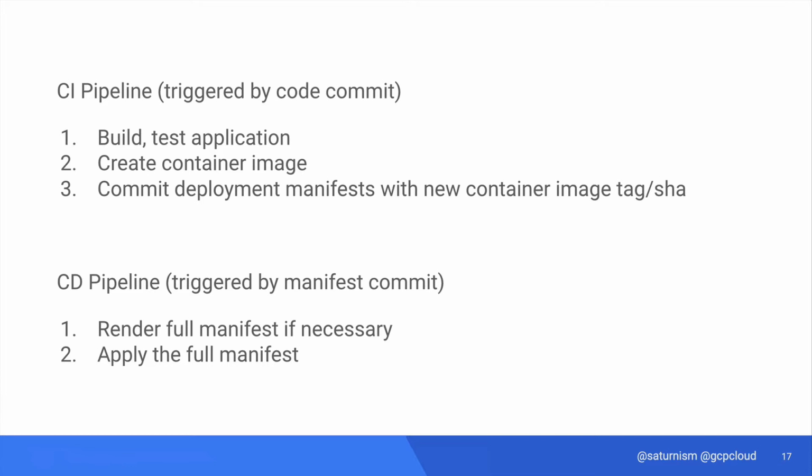Once the YAML file is updated and checked in, then it triggers the CD pipeline to run. And at this point, the CD pipeline is really just applying all the configuration files. So previously, if there are infrastructure configurations that need to be applied, that can also trigger the CD pipeline. But when the code change happens, once the last step of the CI pipeline updates the manifest, it will trigger the same CD pipeline, and it will then deploy the newest version of the container image to the cluster.